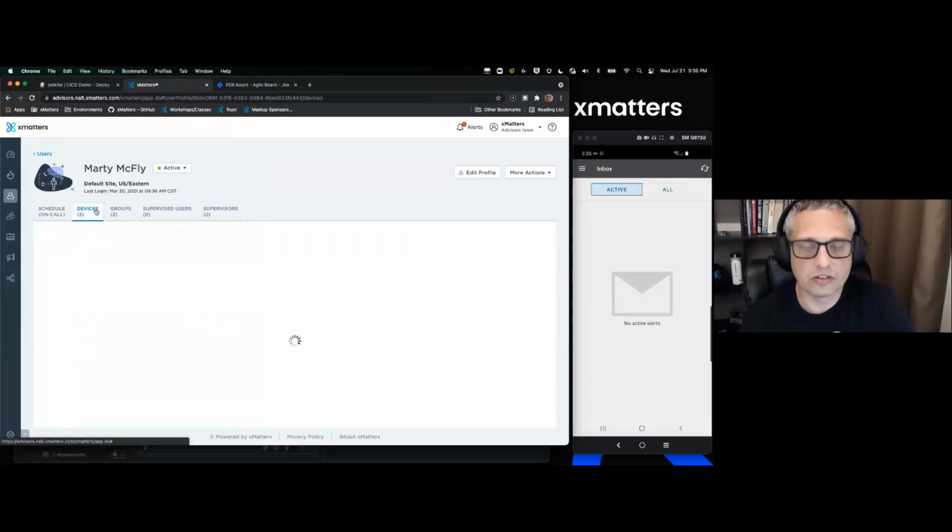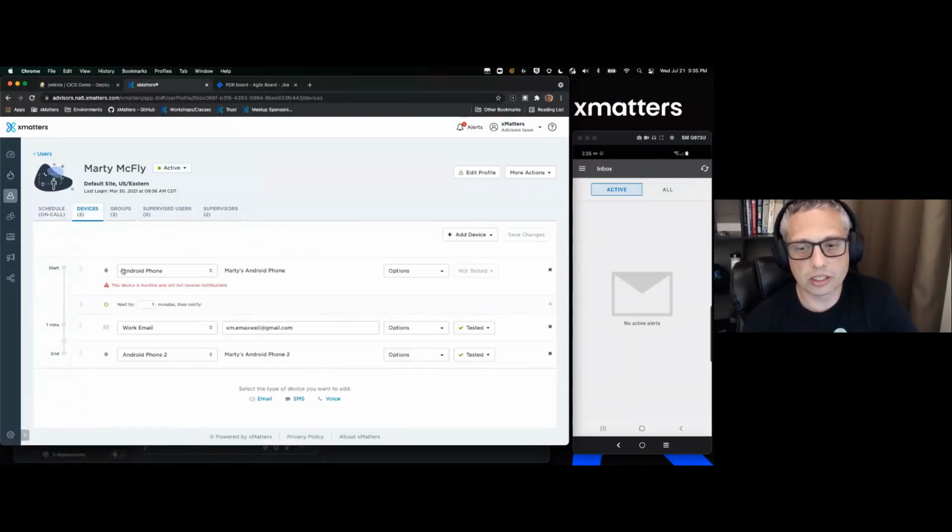So if I go to devices, all right, so Marty, we can have multiple devices. Like we were having the escalations within a team between users, you can also escalate between devices. So a user can have multiple devices. We have our Android phone, which is the Android app. You could have a work or home email, whatever that is. It could be a text, SMS message, or a voice, but we can set that up and you can have